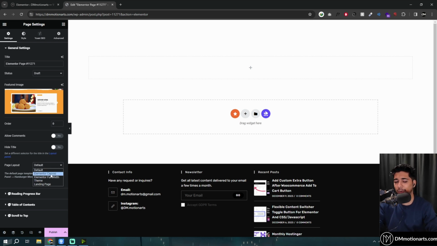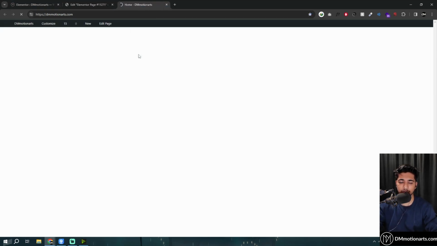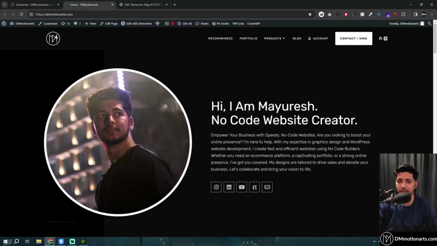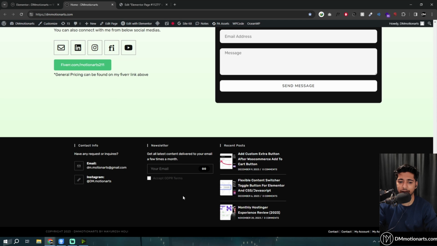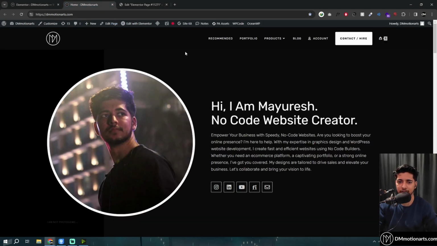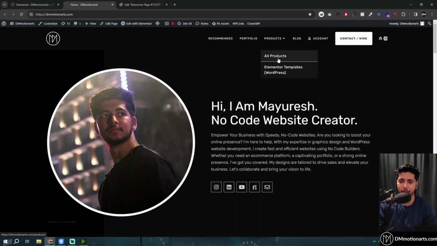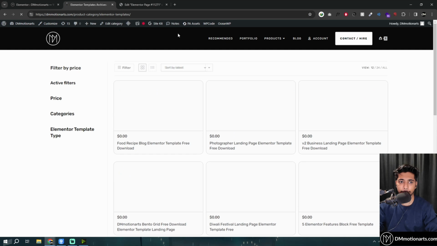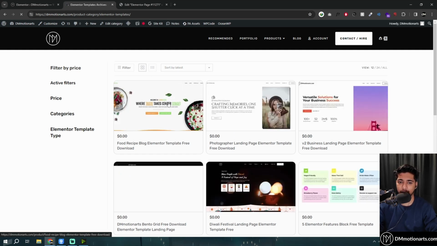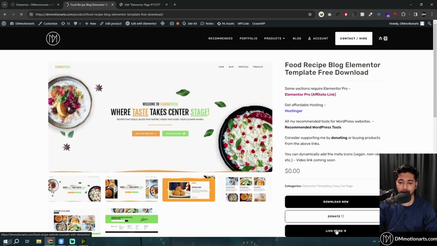So Elementor canvas, basically what it does is, for example, if I go to my site, I have added this top bar and this footer via my theme. It's not made with Elementor. So what Elementor canvas does is, it will basically not load this header and this footer for this page. If I click on Elementor canvas, so if I go into my products, I create Elementor templates too, but this is what I want to show. If I go into my live demo,